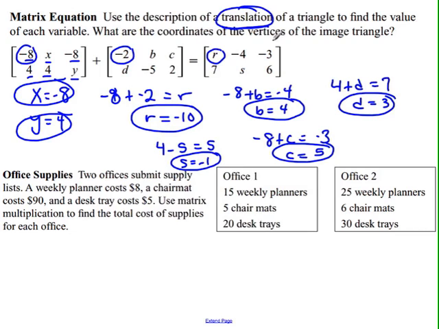coordinates. So it says what are the coordinates of the vertices of the image? Well, this would be one coordinate, say like negative 10, 7. Another coordinate, say B might be negative 4, negative 1. And maybe the third coordinate could be negative 3, 6. Those could be the new coordinates. Maybe they have primes with them as well. I'm not exactly sure. This is kind of an ambiguous problem, but the idea here is that you can solve